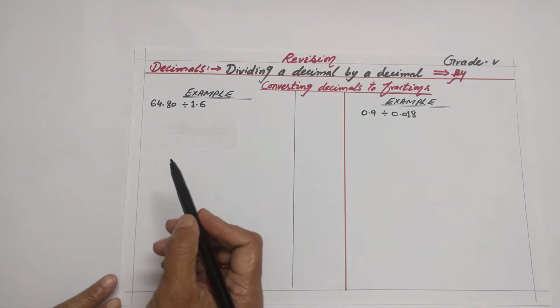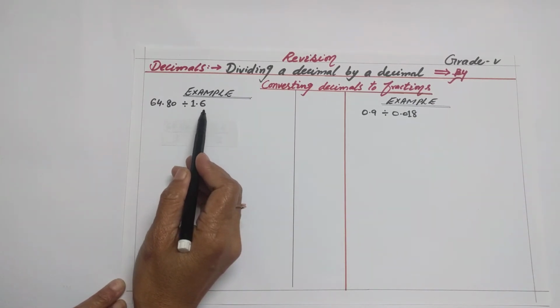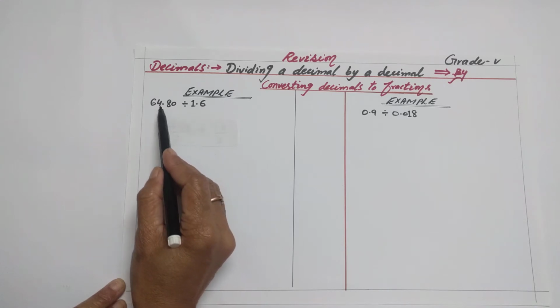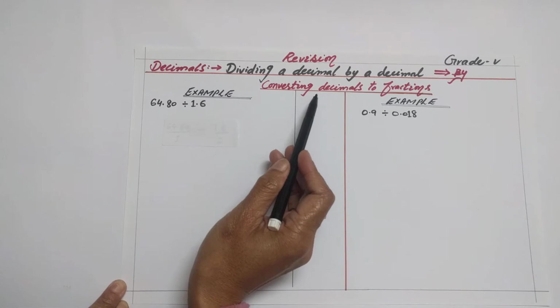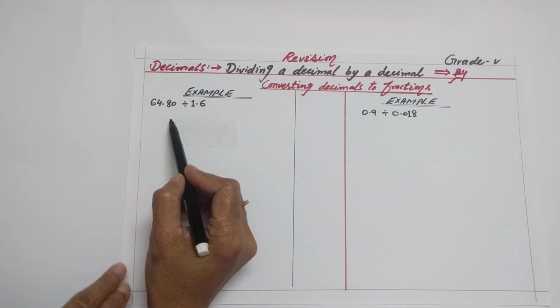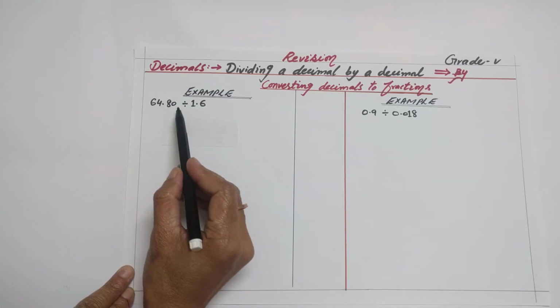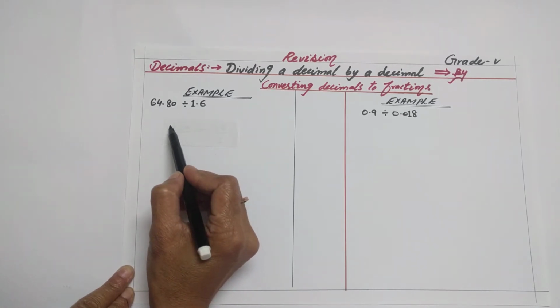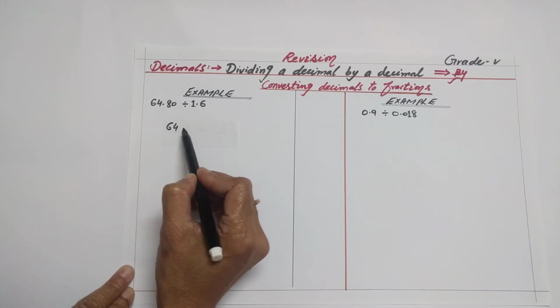Let's start. 64.80 is a decimal number and 1.6 is also a decimal number, and we are going to divide a decimal by another decimal by converting these decimals into fraction. So firstly we will convert these decimals into fraction form. Fraction means numerator and denominator. So our decimal is